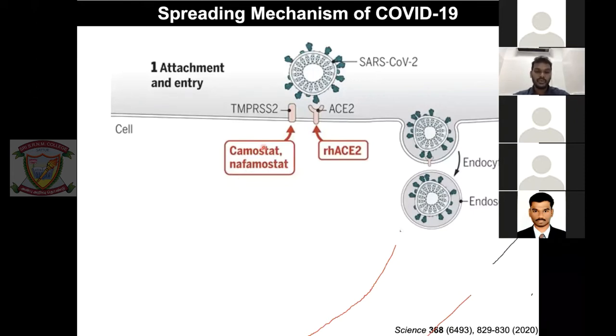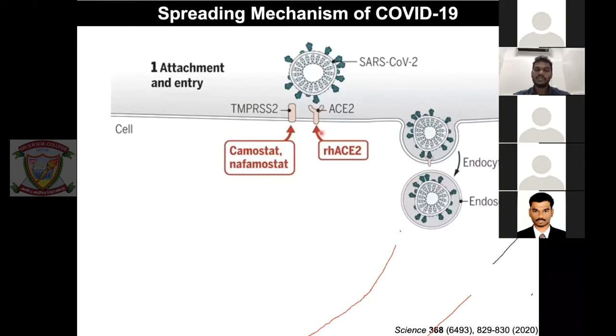Here are two drugs, camostat and nafamostat. These two molecules have been approved by FDA for some other purpose. For example, camostat is approved for, I think, cancer treatment, and nafamostat is for pancreatitis. These two drugs are already approved and being used in Japan. But what they found recently, after the SARS-CoV-2 emergence, is that these two molecules are known to inhibit the protein TMPRSS2. If it is inhibited, what happens? The virus cannot get inside the cell. So you are blocking at the entry point itself.